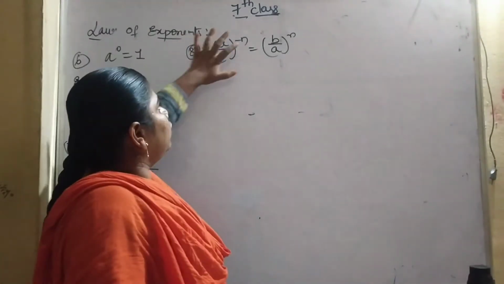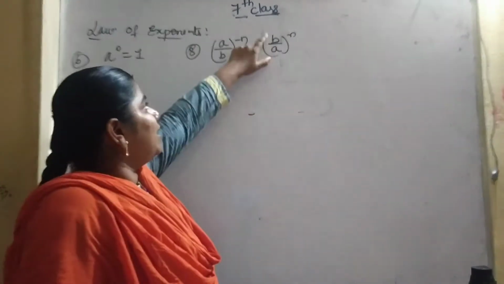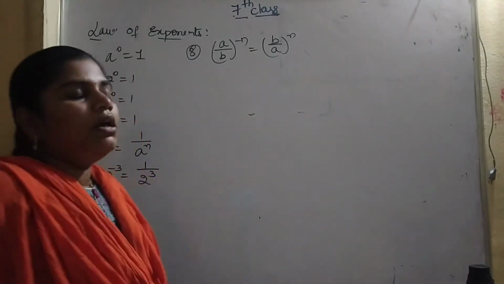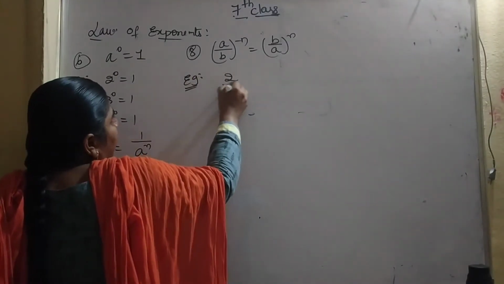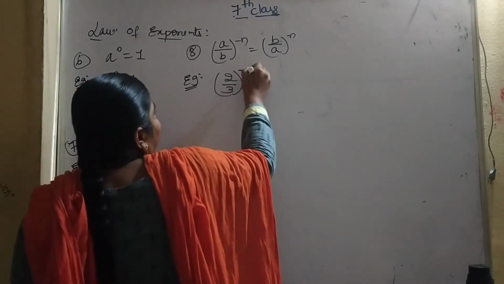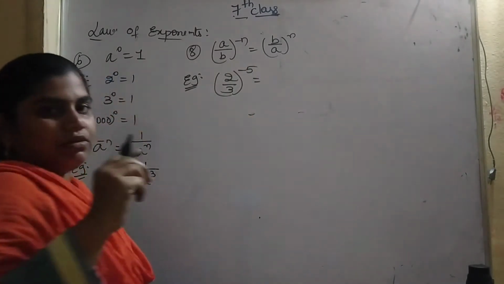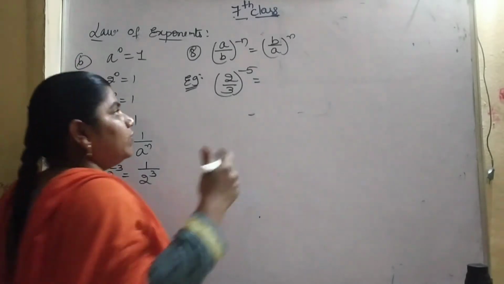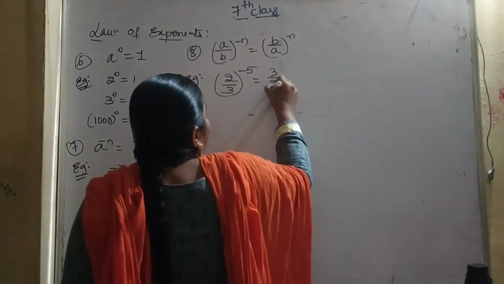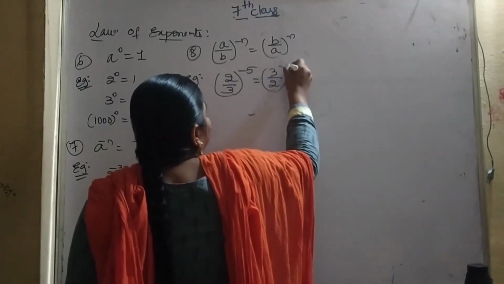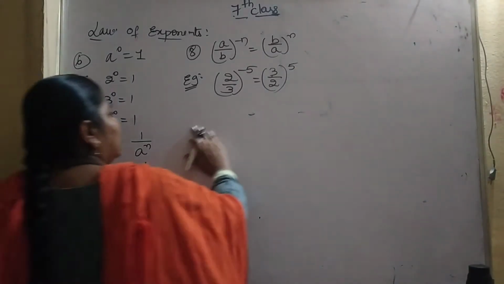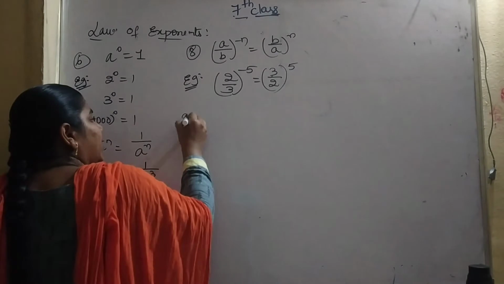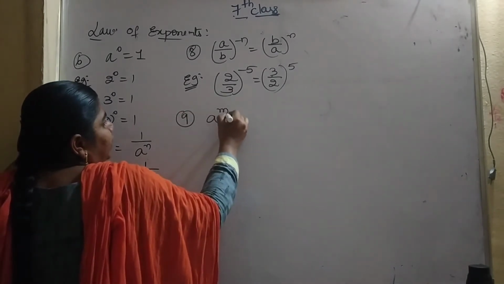So we will take one example here. 2 by 3 whole power minus 5 can be written as, the fraction value will be reversed, that is 3 by 2, and the negative value will become positive here. So this is our 8th condition, and the last condition is the 9th condition,